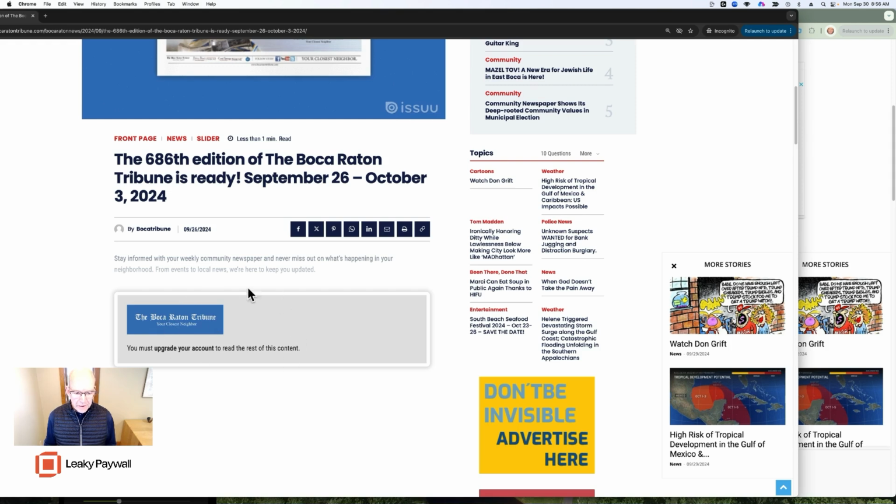Now, this upgrade message here, this should be filled with the benefits of subscribing. This is pretty cold: you must upgrade to read the rest of this content. But what if I want full access? It doesn't tell me that I'm going to get full access to your big archive and I'm going to get on your newsletter. Maybe there's a subscriber only email newsletter. It doesn't tell me that I'm going to get full access to any other benefits that you provide. So this is a little sparse. Need some content here. And what I would do is run something like,